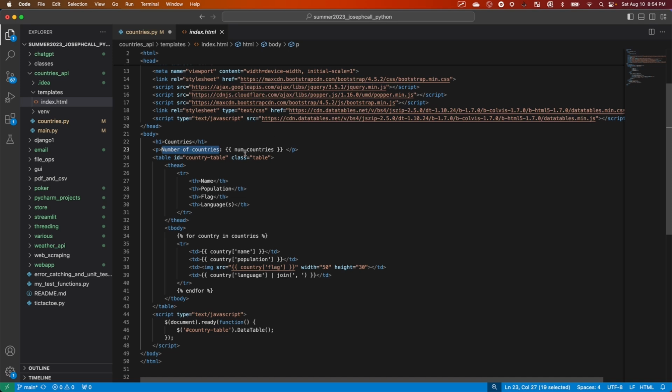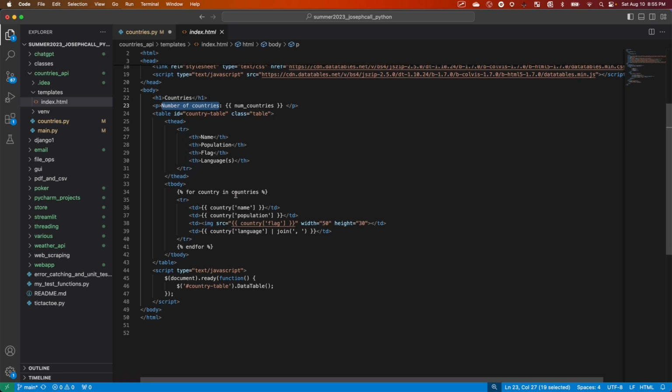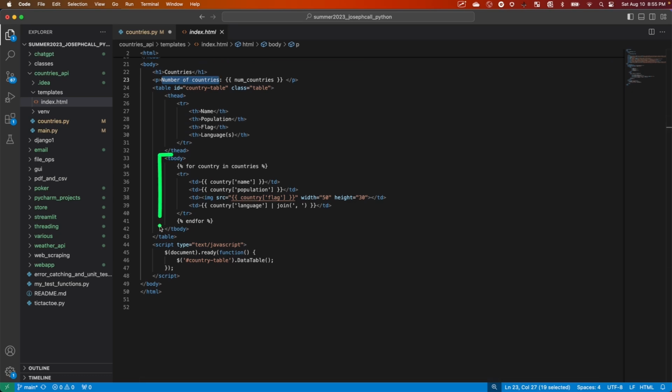into our HTML. So our HTML page sees these brackets and says, oh, what's inside here must be some Python data. So then we have a table, and our table headers, name, population, flag, and languages. These are the titles of each table column. And then the table body, some more Jinja. We're doing a Jinja for loop. So for every country in countries that we have, this countries list that we'll be creating,